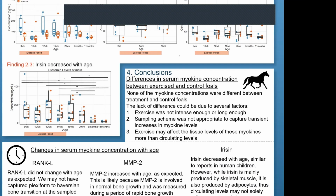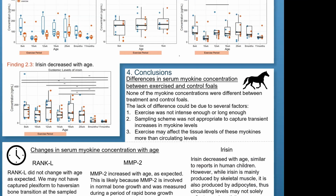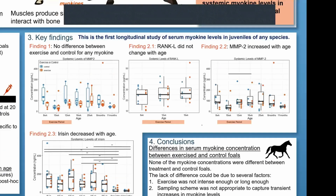So if the myokine increases in the hours following exercise, we didn't catch it because we drew blood at the same time every morning before exercise. And it may be that exercise affects tissue levels of these myokines rather than circulating levels. Maybe we're having more of a paracrine effect than an endocrine effect of these myokines. Now we're going to look